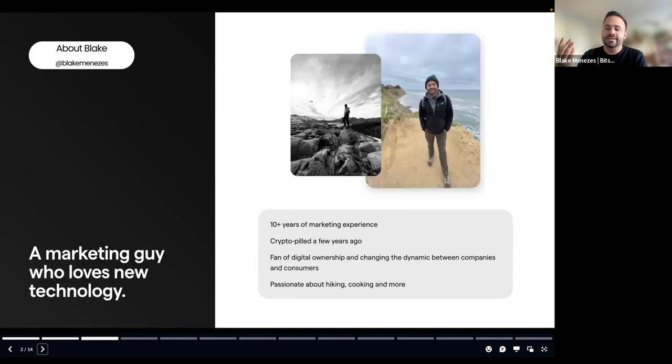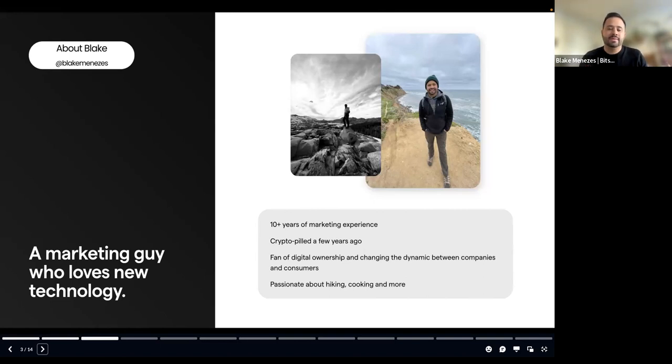A bit about me. I had to do one of these slides of, here's me doing a hike, which is apparently a personality trait of anyone in tech. I'm a big fan of new technology. I was crypto pilled a few years ago, and I really like the way that digital ownership has played out. I like the ethos of the Web3 and crypto community. Although the things we're doing are a little in the weeds sometimes, and we have seed phrases written on pieces of paper stored throughout our friends' homes and behind a tree in the park near our house, I do believe there are ways for decentralized technology to be easy to access for people.